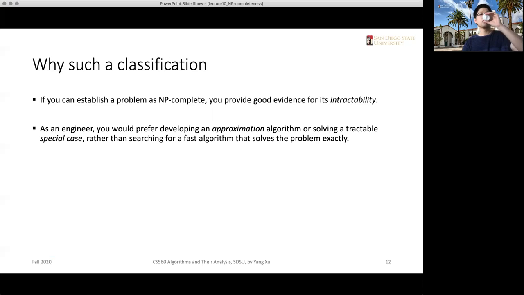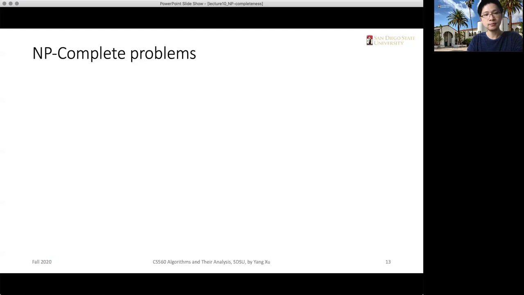And if we are solving some practical problems, then we want to avoid putting too much energy and time into solving those intractable problems. We would prefer developing some approximation algorithm, or we want to solve some subsets of the problem rather than coming up with a perfect solution to the whole problem, because if it's NP-complete, then it is very likely that there's no easy solution to those problems. Okay,